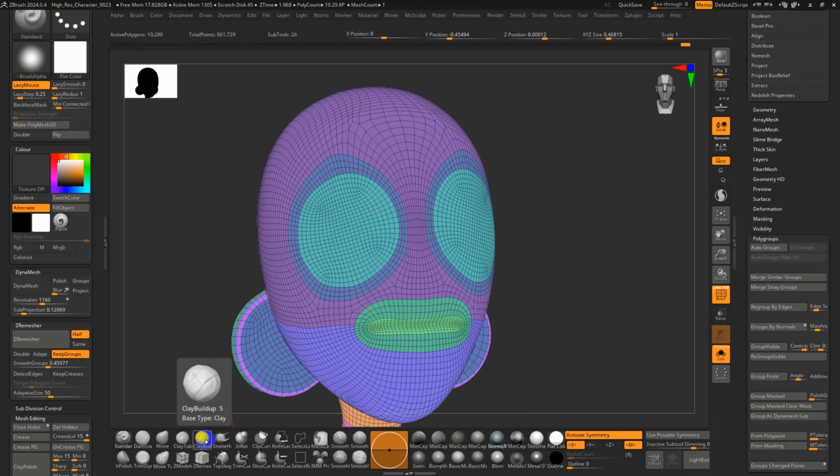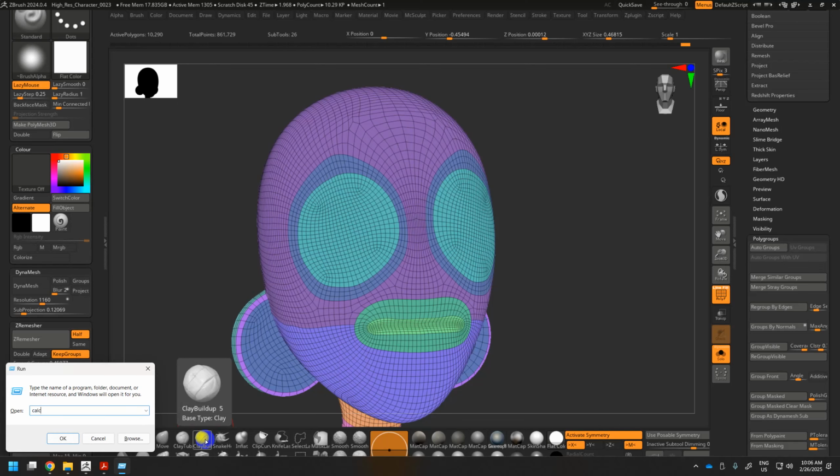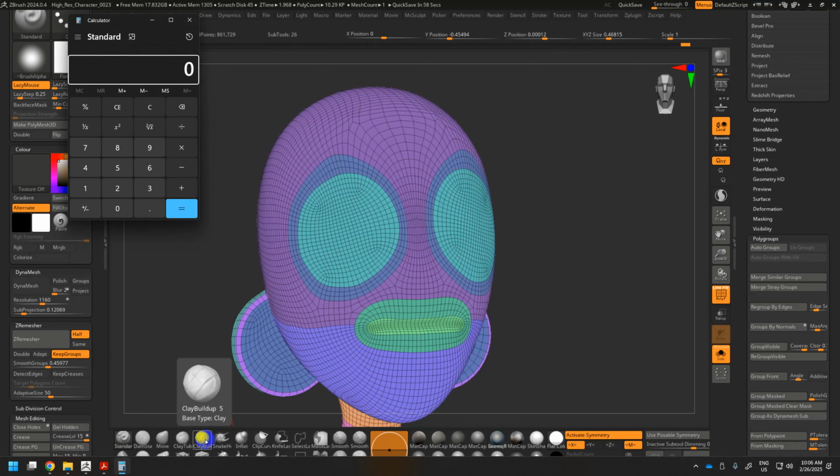In this case, you can be far below if it fits the style of your character. You can have 5,000 polys, 10,000 polys. I don't mind for a head or a body. But what I usually suggest is you know your poly count. And when I do topology, in this case, the ZRemeshing is quick. It's a few dozen clicks and it's done, right? So if I know I'm going to 40,000,